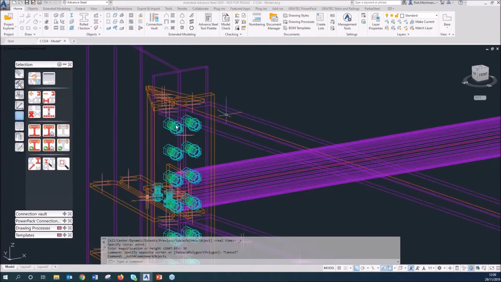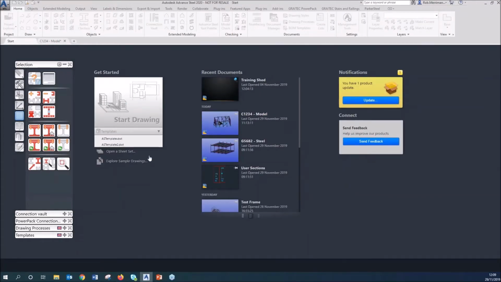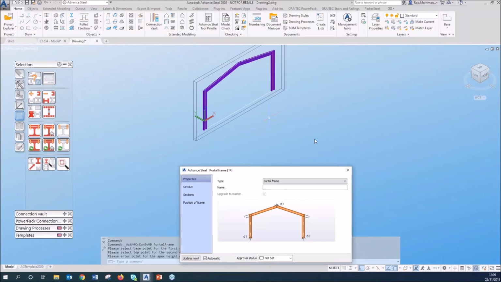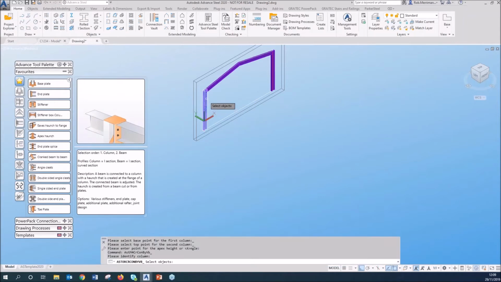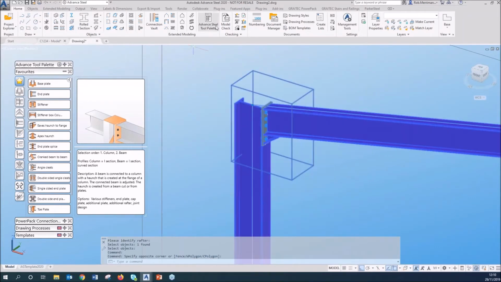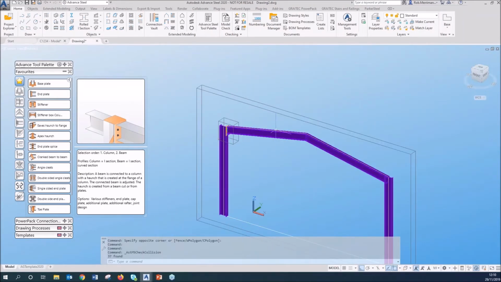What I would say is never leave your clash checks to the end of the project. If I was starting a new project, and I'm just going to put a little portal frame in, and I put a connection on, I would not finish the modeling without clash checking this. I would just do a little window around that, clash check it. I've got no problems. Because if I had 15 bays and I had 4 clashes on that connection and I